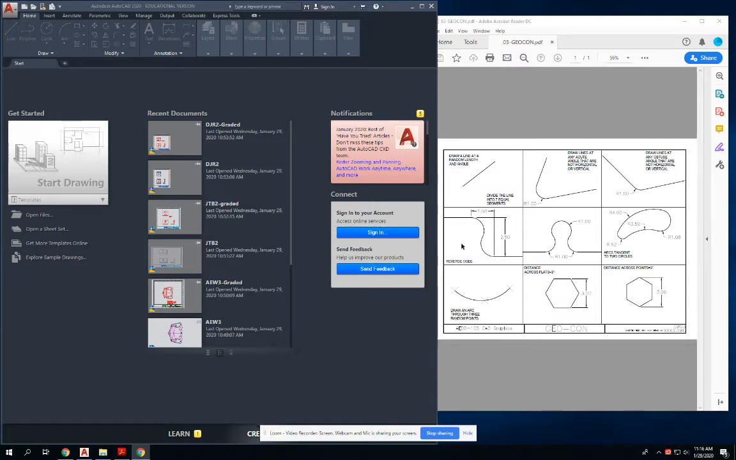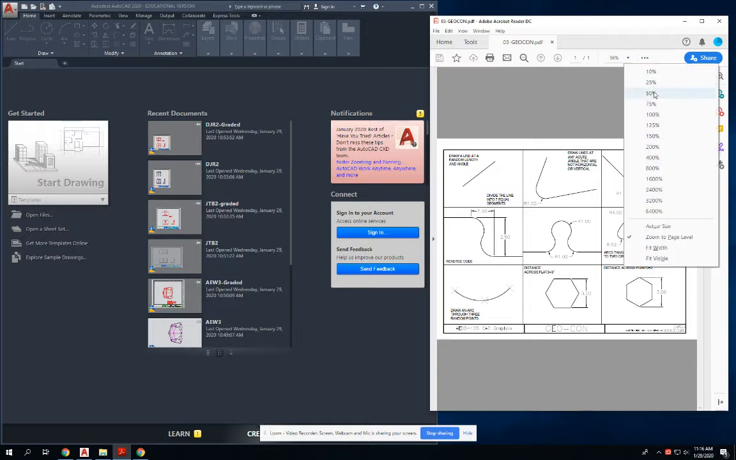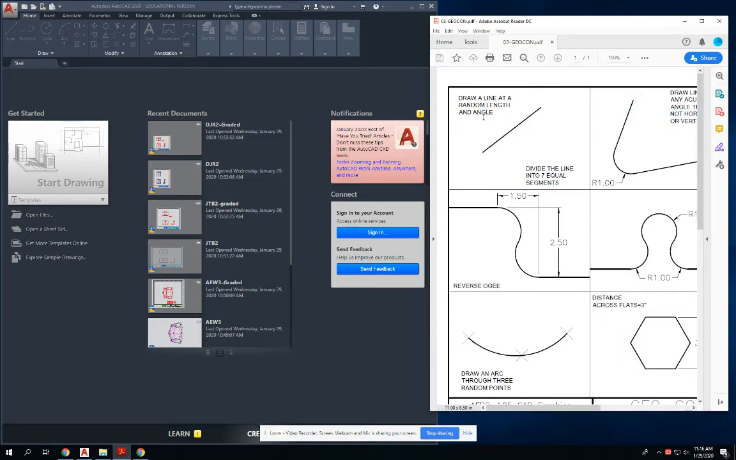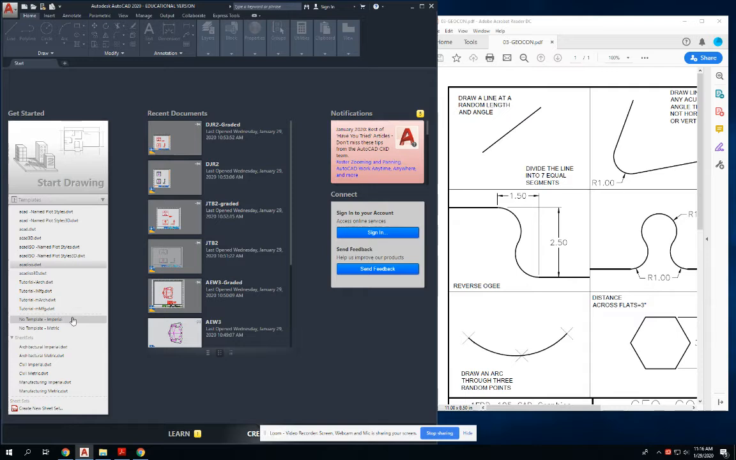And so what I'm going to do is do some quick videos that show you how to solve some of these problems. So the first one we're going to look at is drawing a line at a random length and angle, and then dividing that line into equal segments. And I'm going to show you the way you can do this if we were using the divide tool in AutoCAD. So in order to get this started too, we need to go ahead and open a new drawing file,